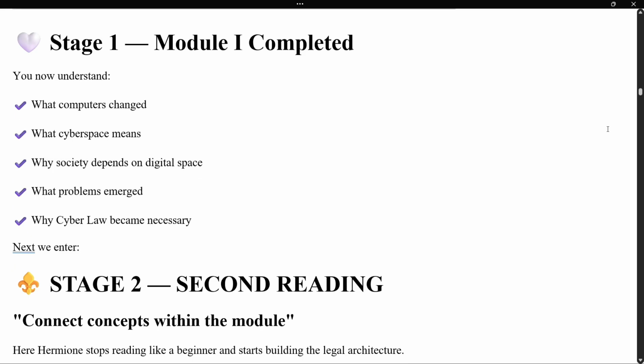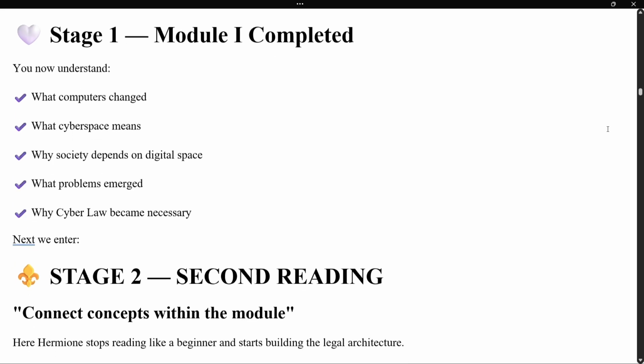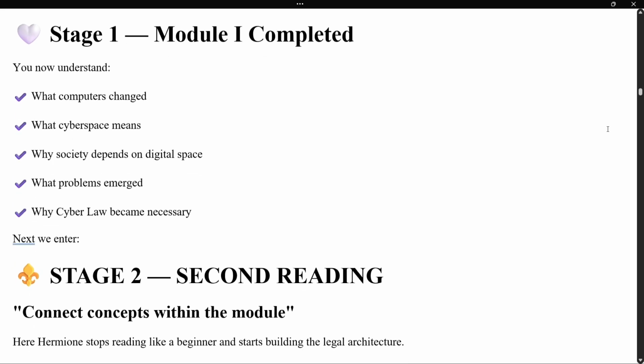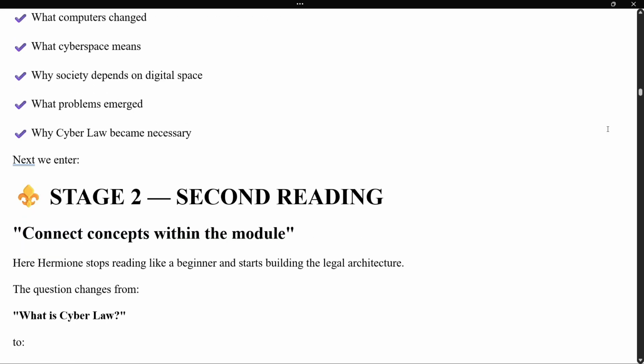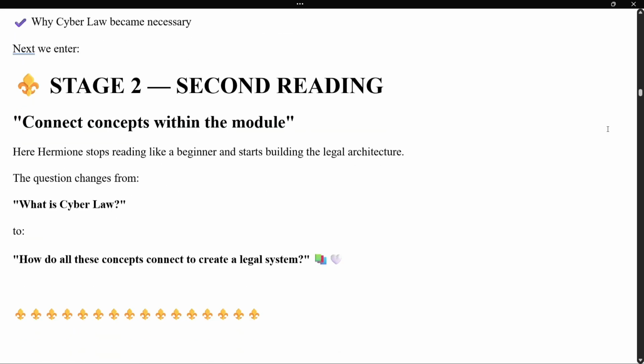Stage 1, Module I completed. You now understand what computers changed, what cyberspace means, why society depends on digital space, what problems emerged, and why cyber law became necessary. Next we enter